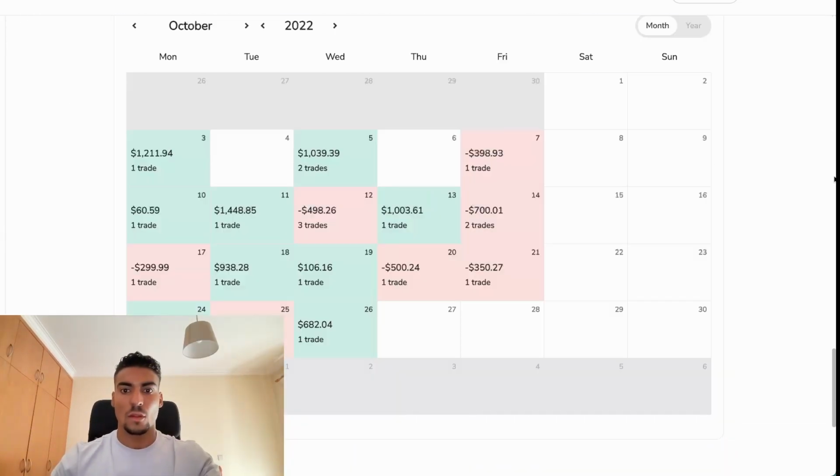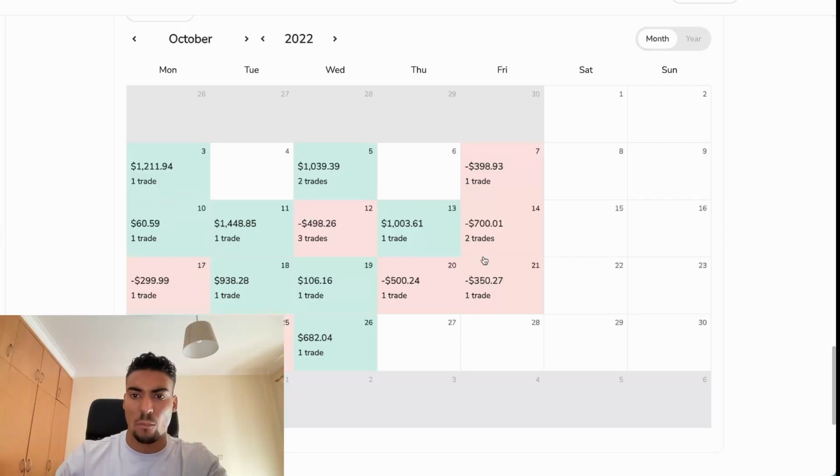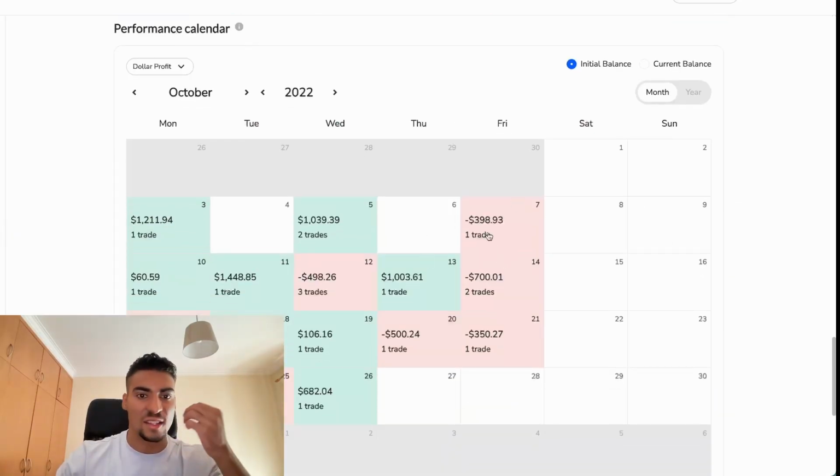So right here, as you can see, these are the stats for the day. First day, $1,000 win. The second day, $1,000 win. We lost 300. Low risk trade, break even, 1,000, lost 500, lost 2,000, lost 2 trades, 700, lost 1 trade. Again, pretty clear month, to be honest. Not too bad. Almost trading every single day, like this week, trading every single day. But then there are days, like these 2 days, I should have traded as well. So almost every single day. This was quite a good month for trading. Normally it's not that way.